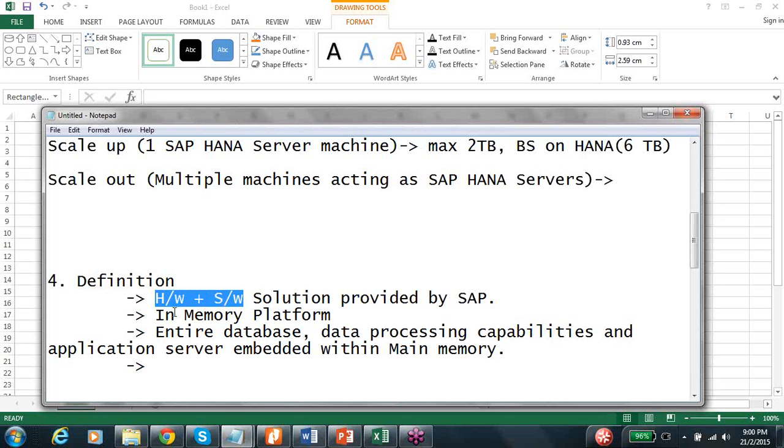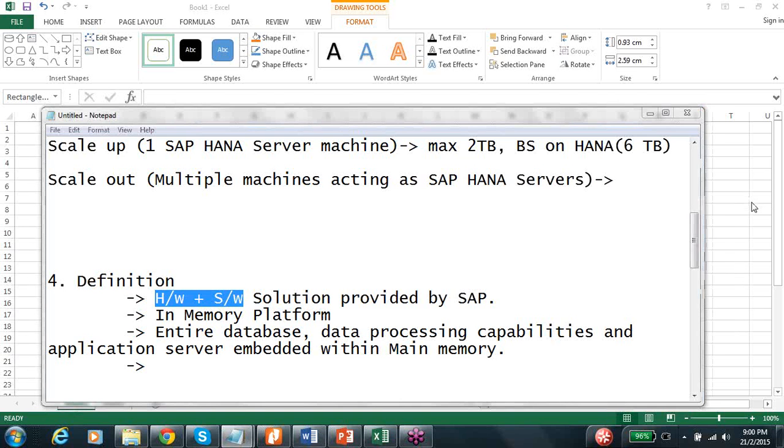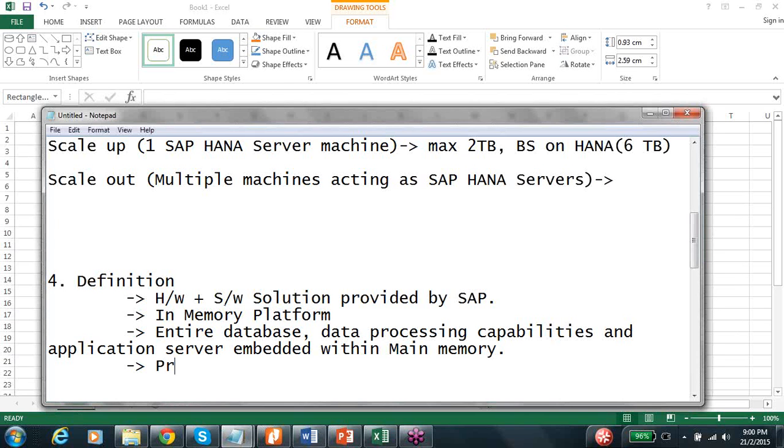Let me complete this point and then I'll come back to the point: when you go for an SAP HANA implementation, what would be step 1? That will help you to understand that point. But now coming to the beautiful point here, it also provides statistical algorithms. The SAP HANA box comes with embedded built-in statistical algorithms to do all your predictive analytics,